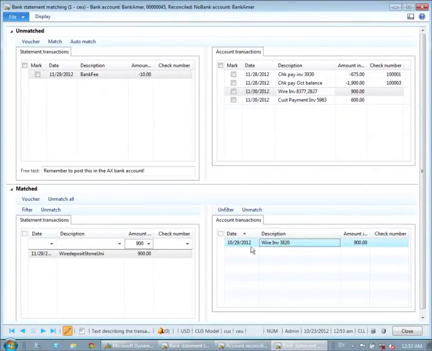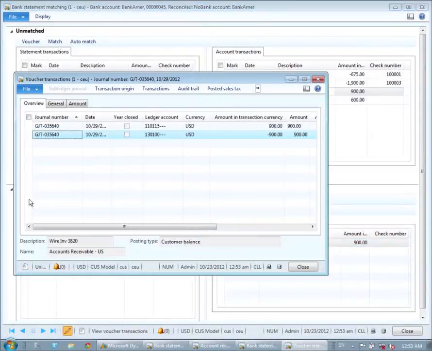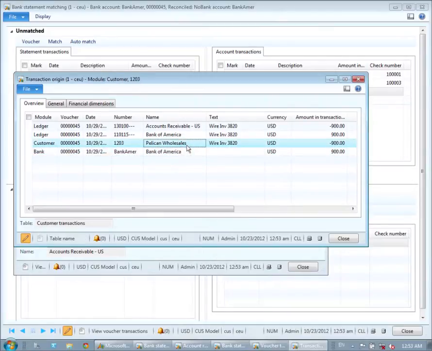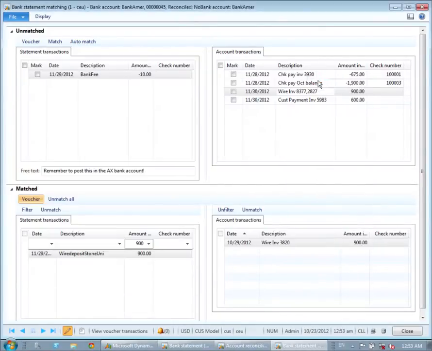So the original 900 in October, have a look at the voucher, have a look at the origin, and I can see, right, that was actually for a different customer, Pelican Wholesale. So I probably need to go follow up on that. That hasn't come through on the statement. But anyway, that doesn't affect my